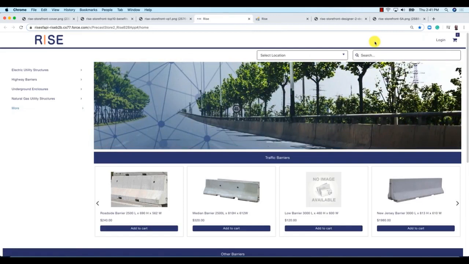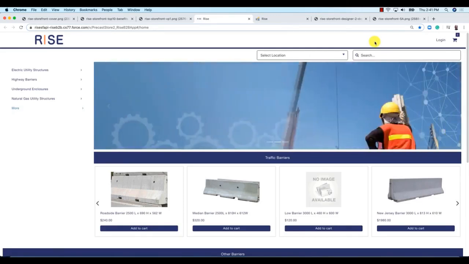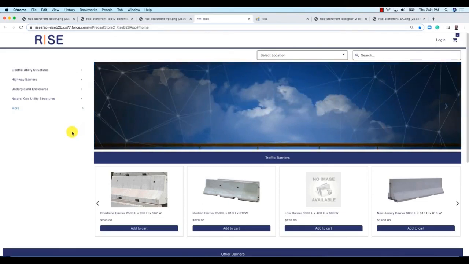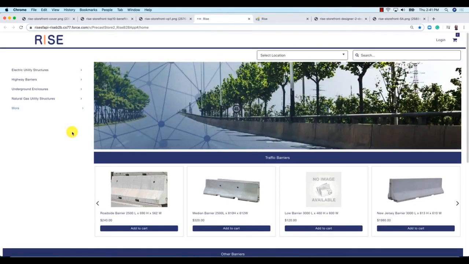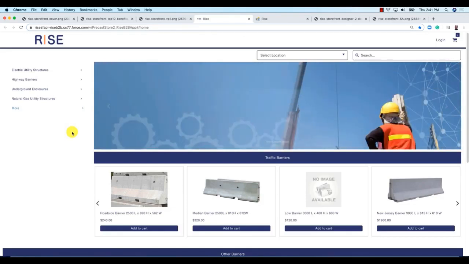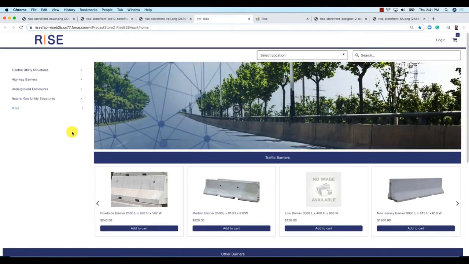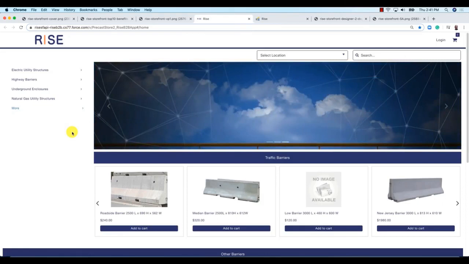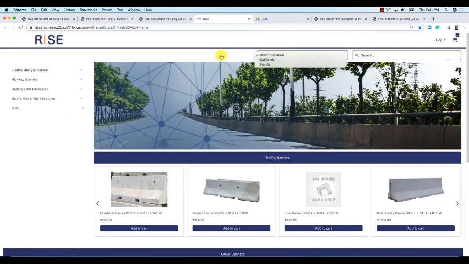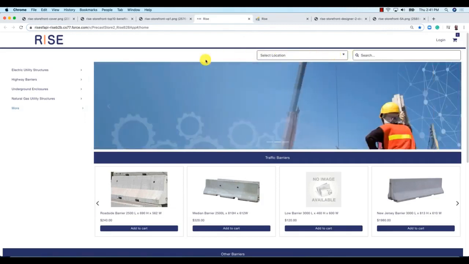But in this example, since location in the precast industry is very specific to how you price and how you deliver your products, because of the weight and the load and the geographic context of delivery, a lot of the inventory is controlled by the local distribution points. So in this particular case, the user experience requires that you pick your region in terms of where you want to ship and where you want to buy from and shop.